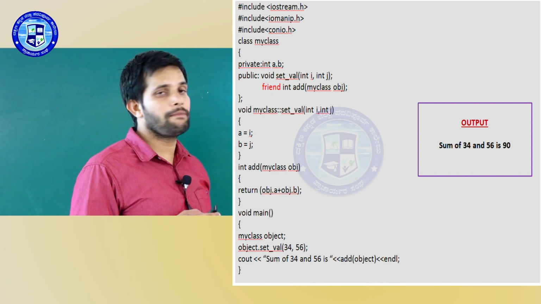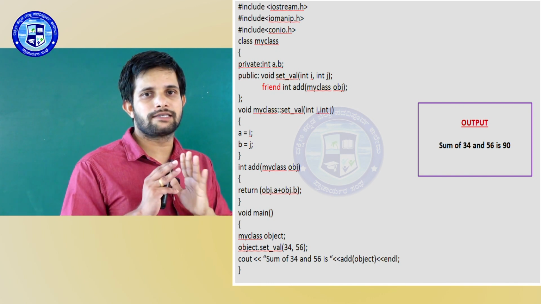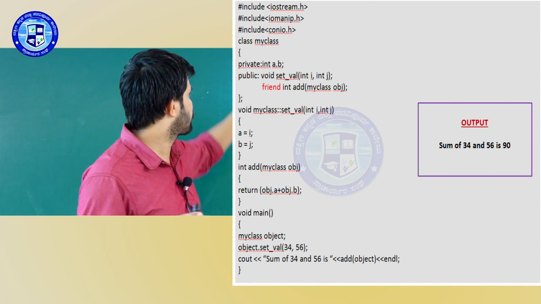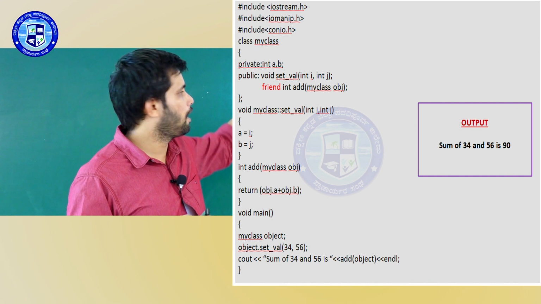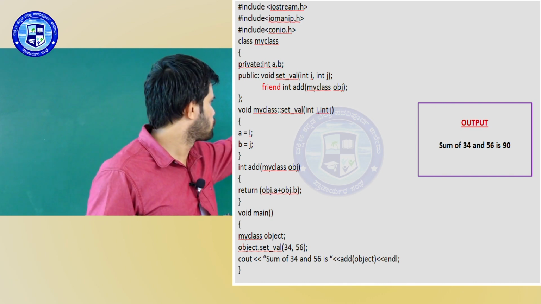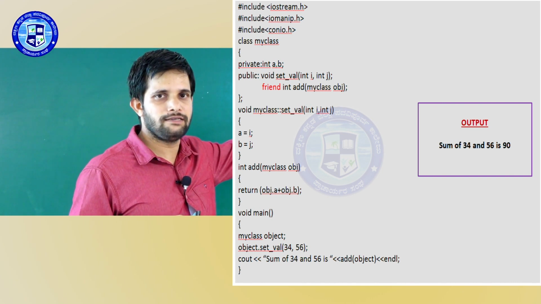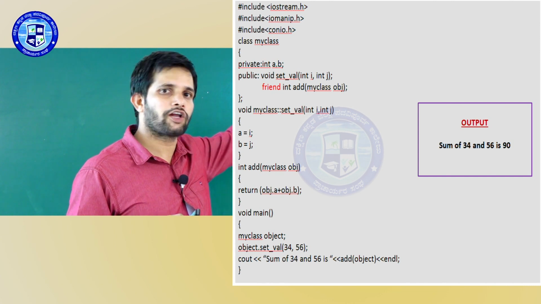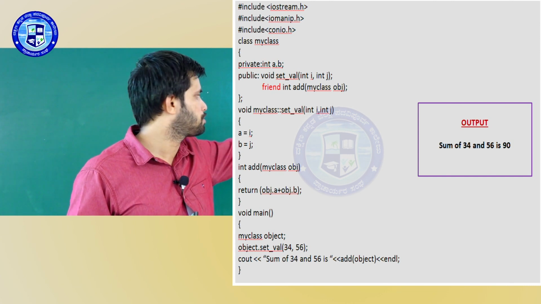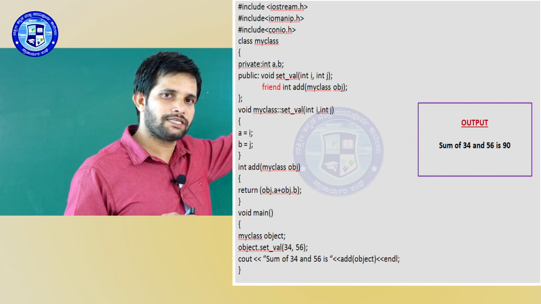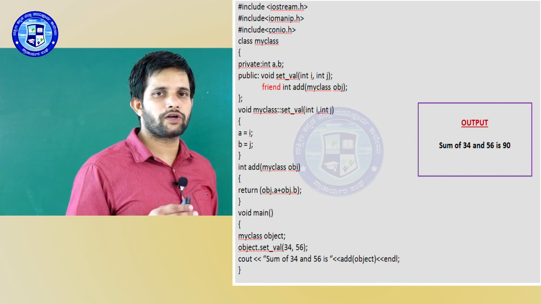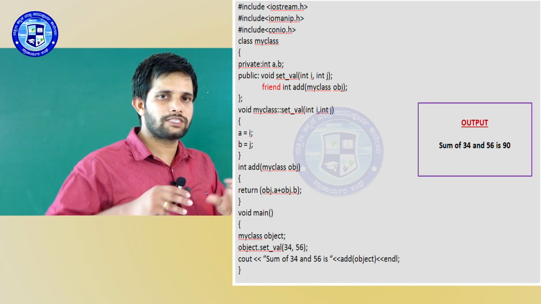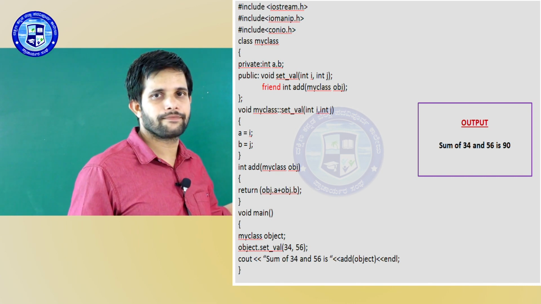In this programming example, I have not considered any protected part, I considered the private part. So under the private section, I have two variables A and B. Those are accessed inside the friend function, but they cannot be accessed directly. I must use the object name followed by the member operator followed by the member, obj.a and obj.b. So these two values are added and returned.